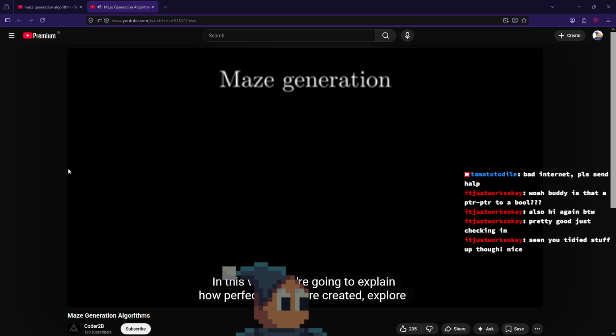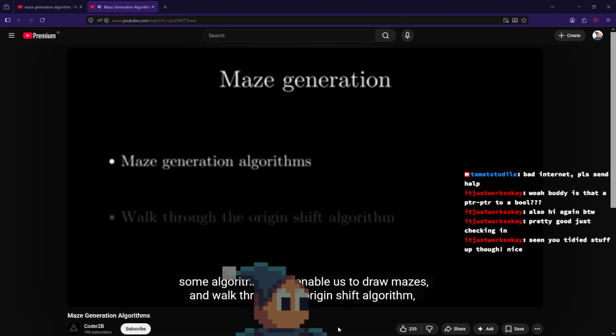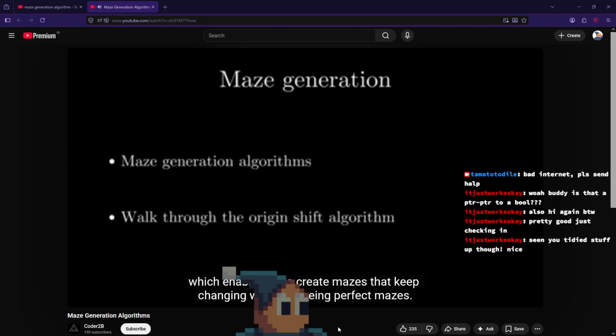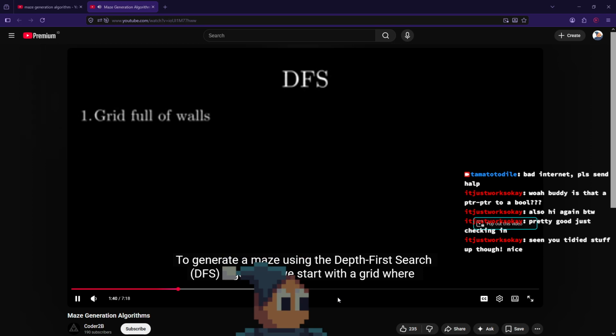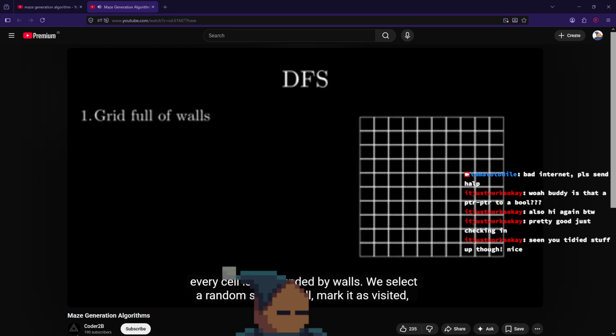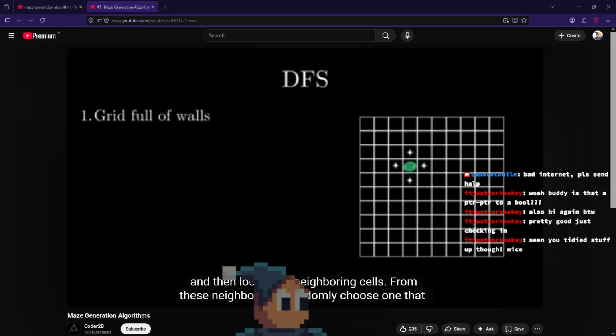In this video, we're going to explain how perfect mazes are created, explore some algorithms that enable us to draw mazes, and walk through the origin shift algorithm, which enables us to create mazes that keep changing while still being perfect mazes. Let's start with the depth first search, or DFS maze, also known as the backtracking maze. To generate a maze using the depth first search algorithm, we start with a grid where every cell is surrounded by walls. We select a random starting cell, mark it as visited, and then look at its neighboring cells.